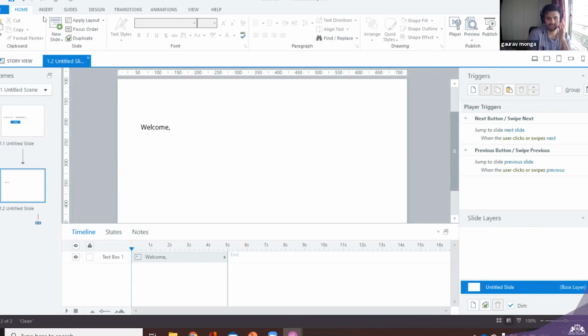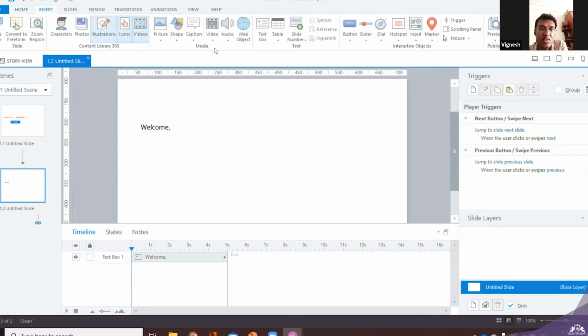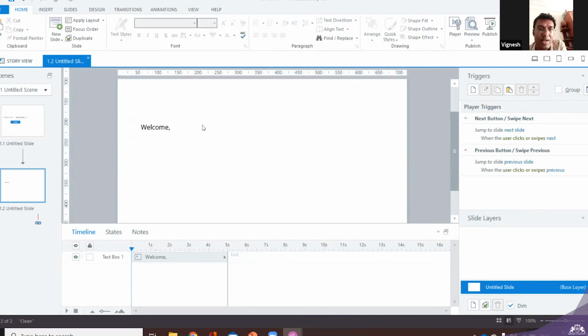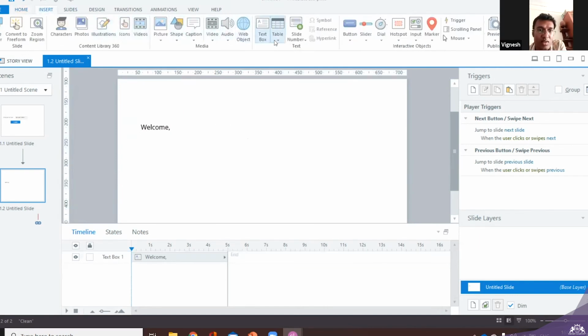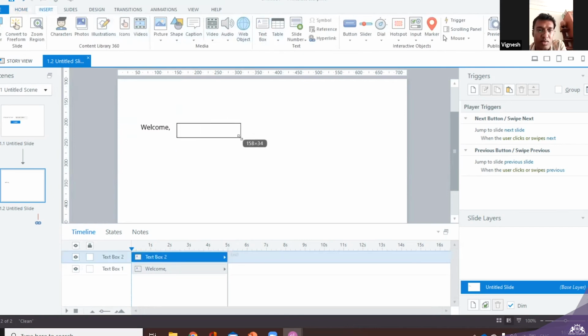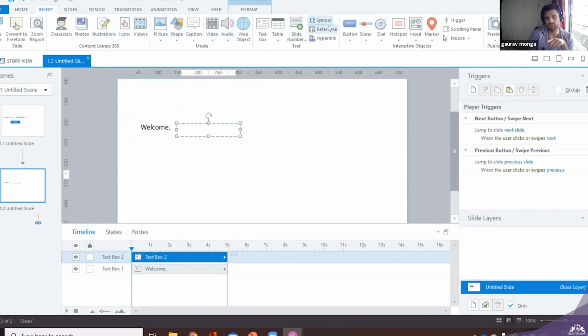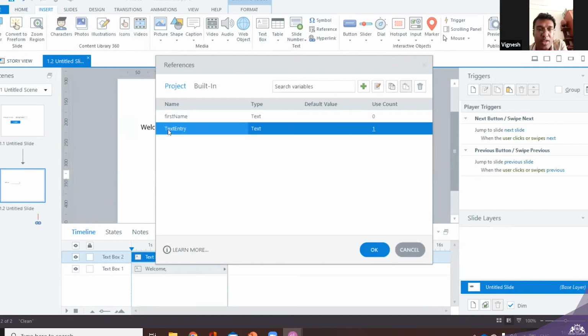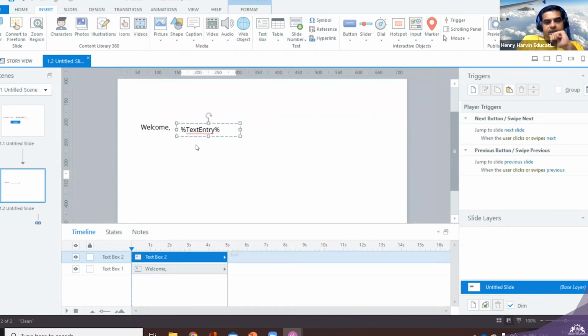No, first you add a text box. Yeah. Sorry. Yeah. Insert, text. Oh, yeah, okay. Then you have to add that reference. Again, insert. No, go to the group. Oh, yeah. Reference. And add this thing. Okay, so by default, its variable is created, so we don't have to worry. And I say okay. So whatever is in the text entry.